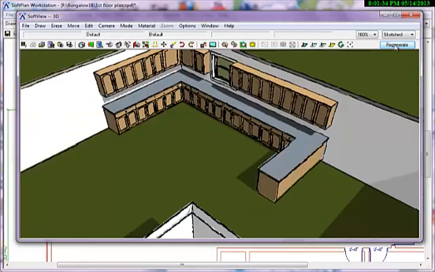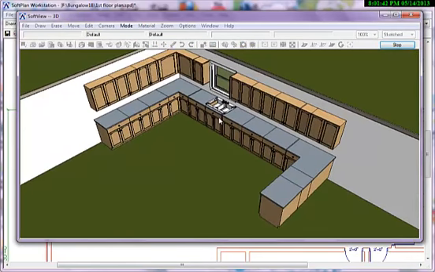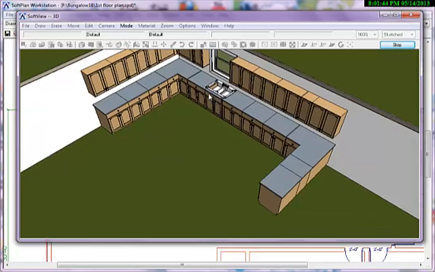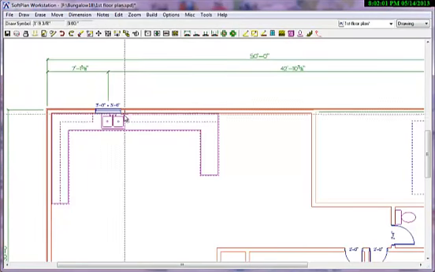So now if I regenerate, you can see that we've got our sink in here. If I zoom in, I can actually see that there is a bit of an issue. This cabinet is not wide enough in order to fit this double sink. So I would need to go in and change the width of this cabinet. I could change the width of this cabinet and the one beside it, and then hopefully it'll fit. So let's go back, and